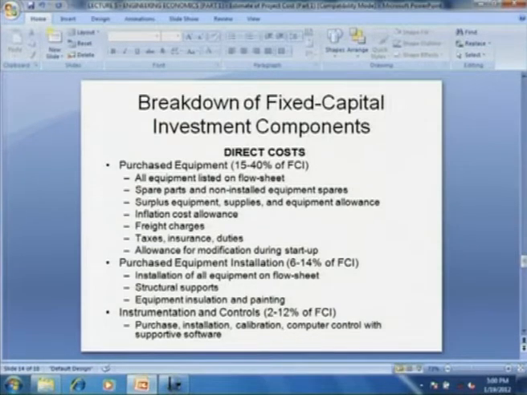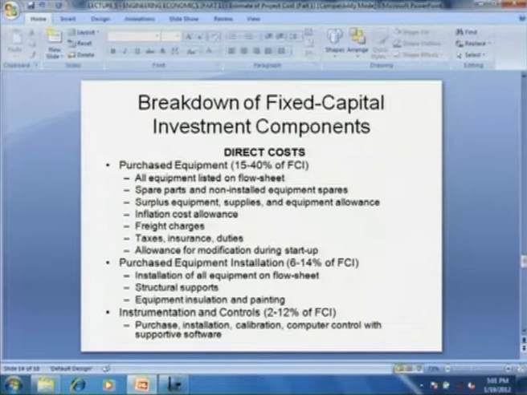We have already seen how to break up the flow sheet. We have to go for economic analysis in steps. We cannot go for the entire economic analysis at the initial stage. So we have to design the flow sheet and then go for simultaneous economic analysis. Initially you retain only the major equipment on the flow sheet and then find out the total cost of equipment, then add further details if the economic potential is sufficiently promising.